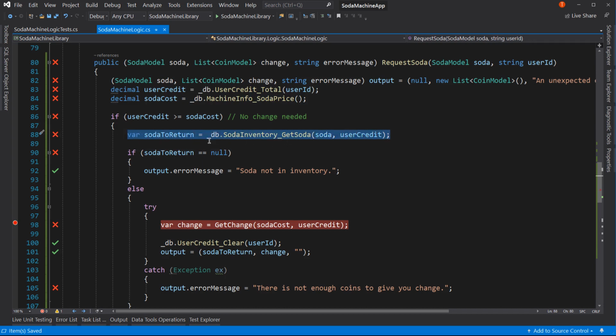then we then come back through and say, okay, now that we've withdrawn it, let's put this user credit into our inventory of cash on hand. But the problem is that we actually can't do that because we're returning the soda. So this unit test has actually exposed a logic issue in our code because we found out that